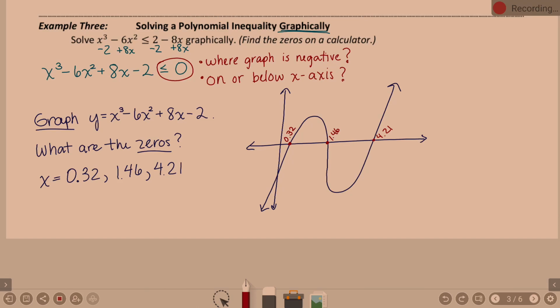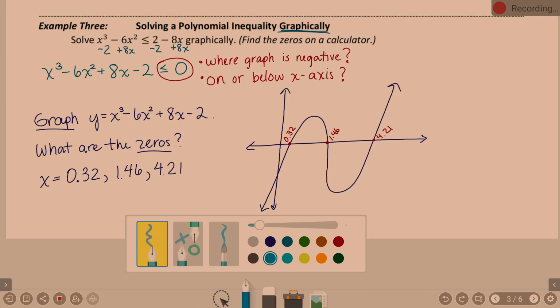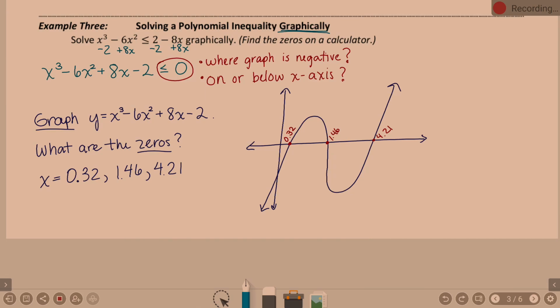Okay. I don't need to do a number line. I just need to look at my graph. Where are my answers? Negative infinity to 0.32, 1.46 to 4.21. Parenthesis, bracket, bracket, bracket. Okay. Why did we pick those intervals? Because we're on or below. Yeah. The original question was less than or equal to 0, which we then decided is anything that is on or